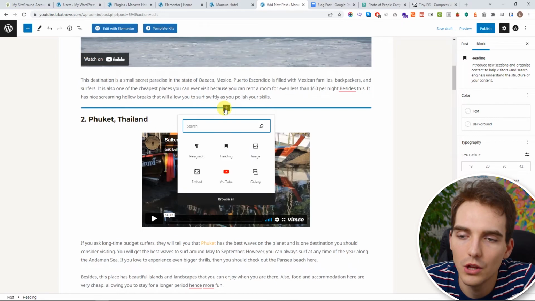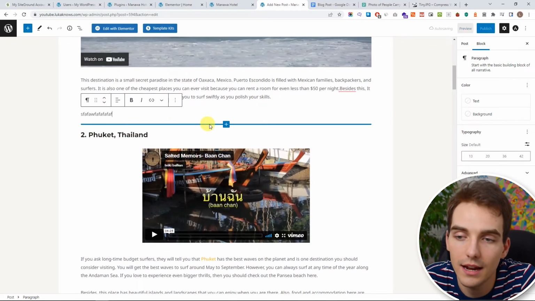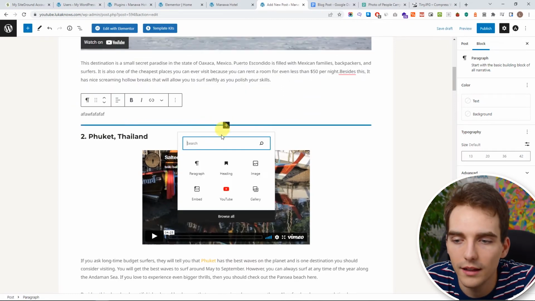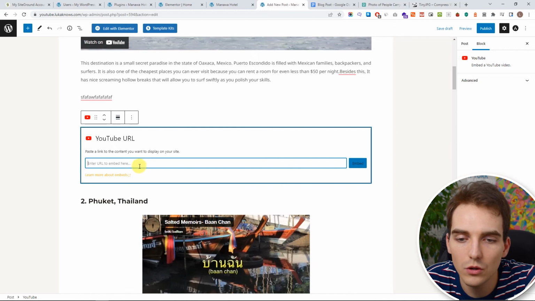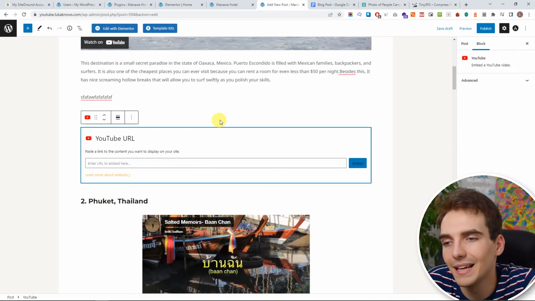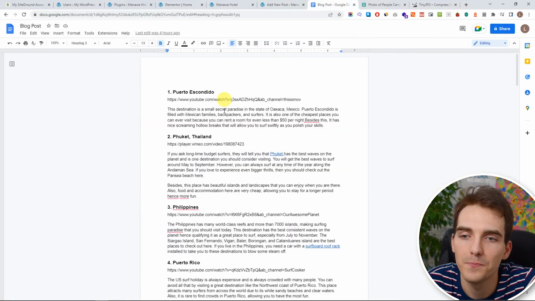So for example, you can go, add paragraph, and start writing inside here. Then hit enter to have new paragraph and start writing. Then let's say you want to go and embed some video, you're gonna have to put the link inside here. But I found it to be really the worst way, and it's much faster for me to write